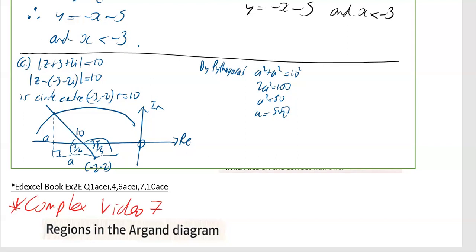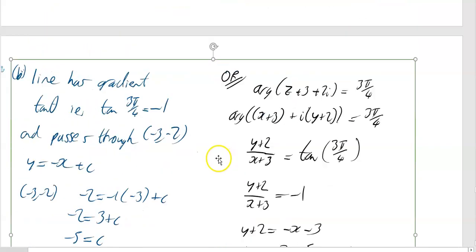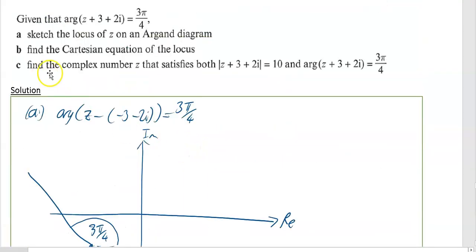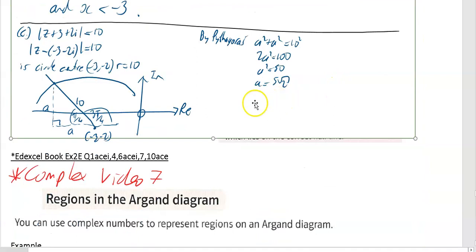So that means we wanted to find, the question asks us, I forgot what the question says, the question asks us to find the z, the complex number z that satisfies both of these things. So to satisfy both those, it has to be at this point. So it's on your line and it's on your circle. So that means your z is going to be equal to